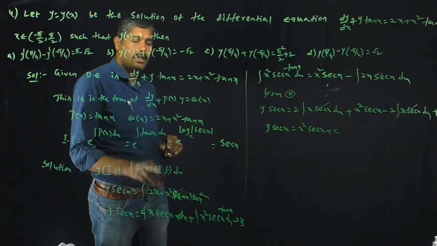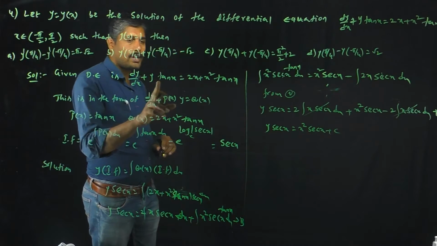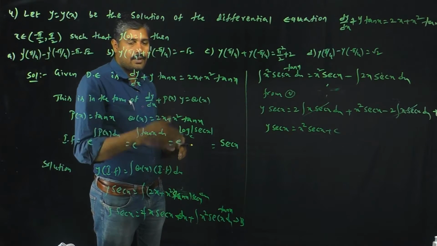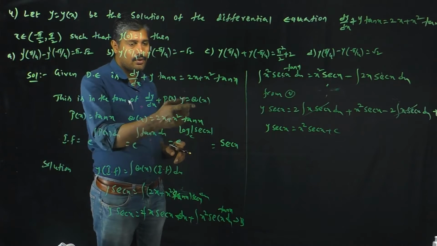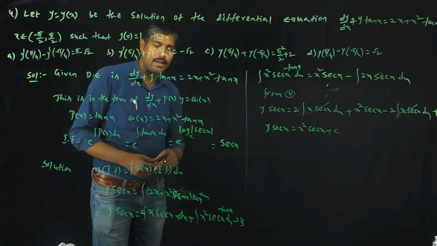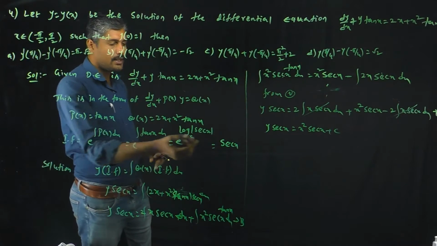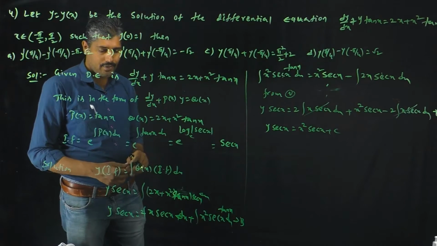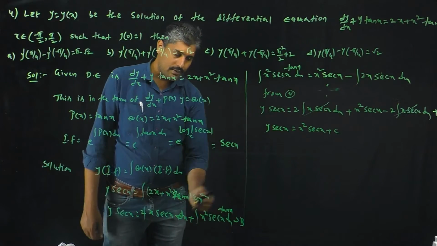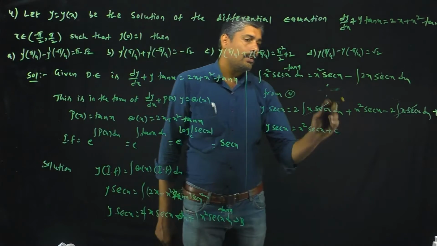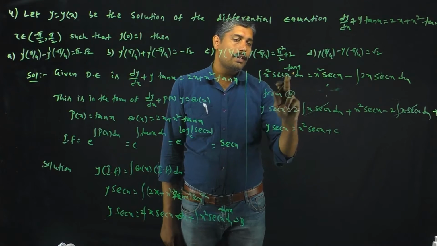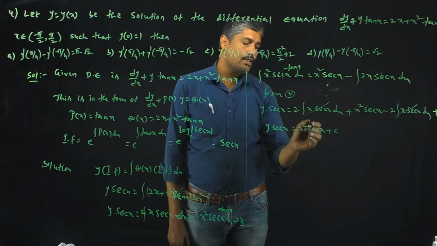Given differential equation is dy by dx plus y into tan x equal to 2x plus x square into tan x. This is in the form of dy by dx plus p of x into y equal to q of x. Here p of x is tan x and q of x is 2x plus x square into tan x. First, to find the integrating factor, we get secant x. Then the solution is like this. We are using integration by parts for the second term, that is the uv formula, where u is x square and v is secant x into tan x. Like that we get this solution.